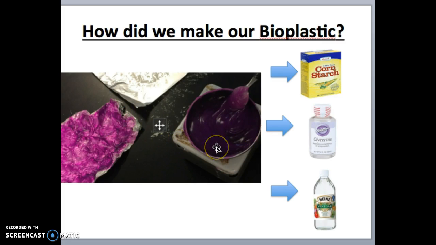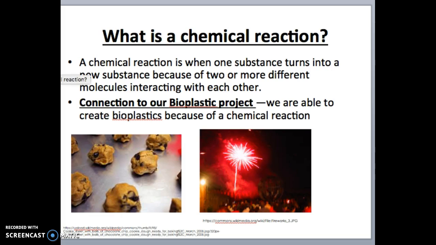And you all observed that the end result was very different from what it originally looked like. So how did this happen? Well, let's talk about what a chemical reaction is. A chemical reaction is when one substance turns into a new substance because of two or more different molecules interacting with each other. So in the last lesson, you learned that everything in our world is made out of